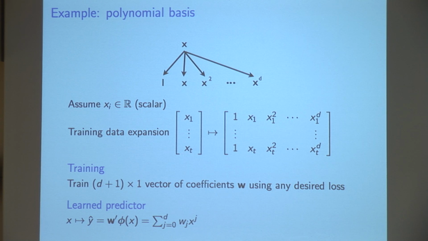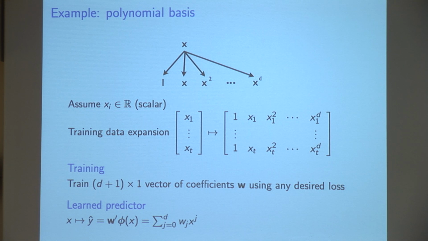So you map a scalar into a feature vector, do that for all your data, and now you just have a matrix, you hand it to your solver, and it's going to learn a vector of coefficients over those terms. The loss function doesn't affect anything: least squares, absolute error, LP error, what have you. If we've picked a convex loss, it's still a convex problem to solve for those weights, and we get some new predictor, which I forgot to emphasize before, is a nonlinear predictor.